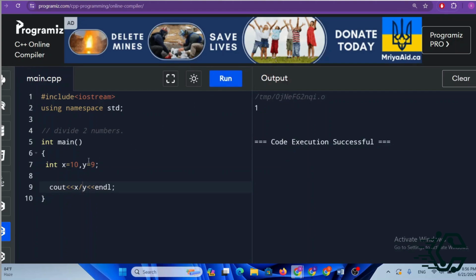Well, 10 by 9. I'm changing the value first. It came 2, right? So this is our correct answer, as we all can understand. So this is our integer type, and we can do multiple types of functionalities with this type of data type. Now tell me, what if I say